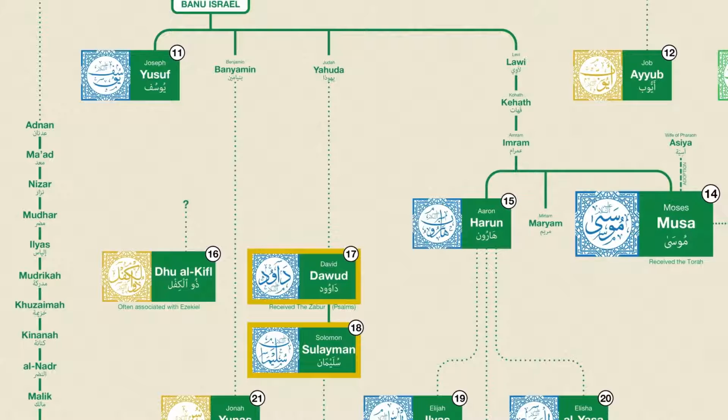Like Musa, Dawood is associated with a specific holy book, in this case a book called the Zabur. Generally speaking, the Zabur is thought to correspond to the book of the Bible known as the Psalms. I'll also point out that Suleiman is a name that has been used by many Islamic monarchs over the centuries, most notably by the greatest of the Ottoman sultans, Suleiman the Magnificent.